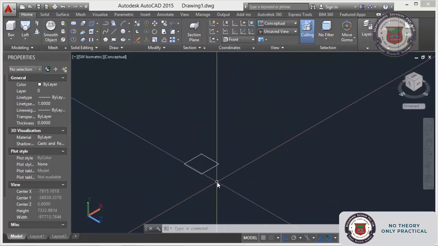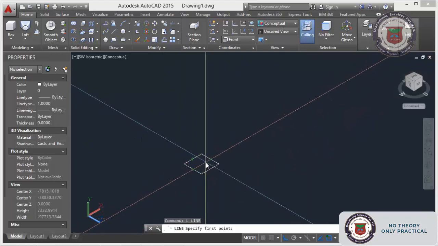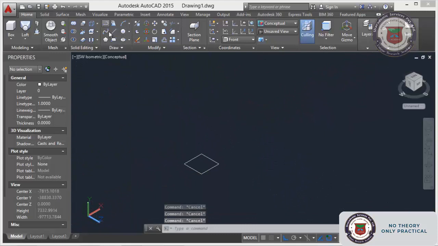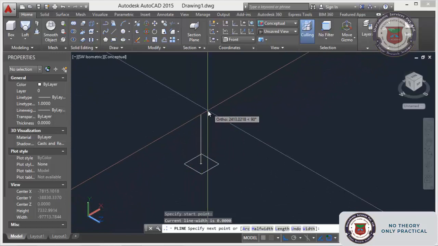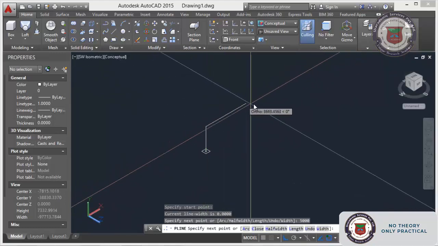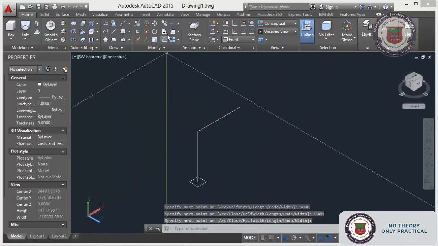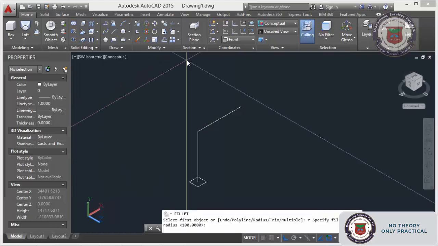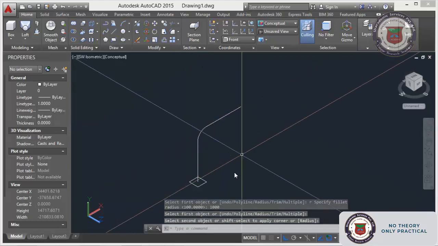Just start polyline, sorry, not line, polyline. Just enter 5 meter, this is 5 meter. Now I am making a fillet, radius 1 meter. Okay, this is my path.